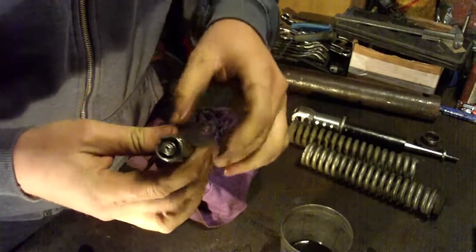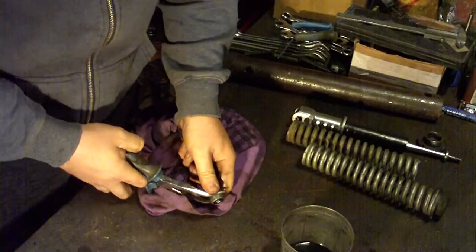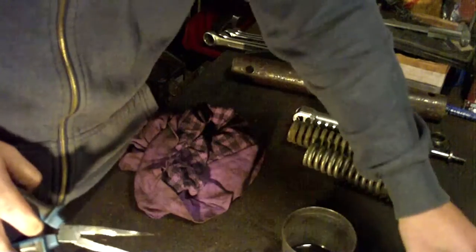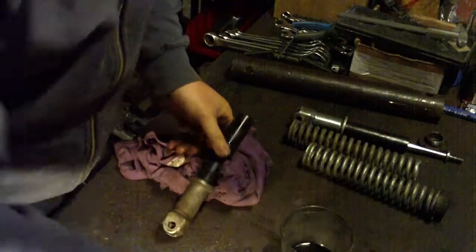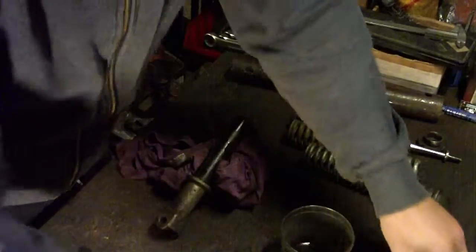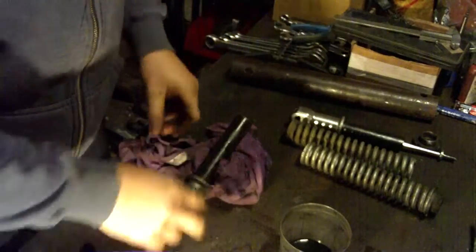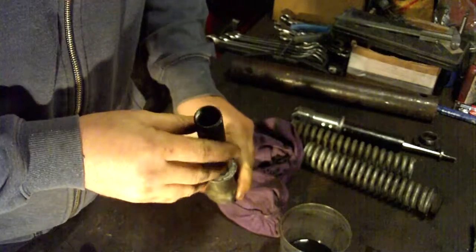So this is how this part is looking. Now you can also remove this part. And now you can clean this part separately with this part. The only thing that is still inside is this second rubber ring, like this one. That ring will go onto this part here. Now this is completely disassembled, and you can clean all of these parts,